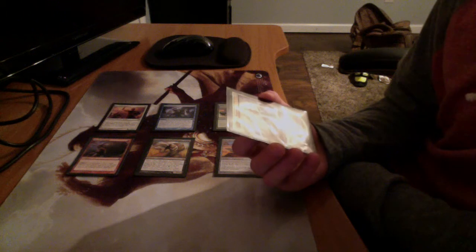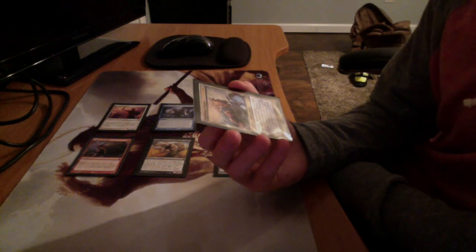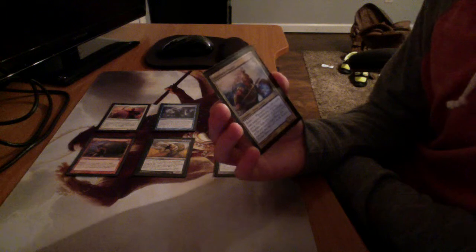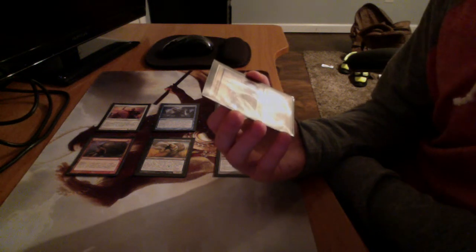And for the 2-colored card, I picked Battlewise Hoplite. I really liked this card. It's a 2-drop for a 2/2. He also has Heroic, but his Heroic allows you to put a 1/1 counter on Battlewise Hoplite, and then it allows you to scry. So with the first spell,